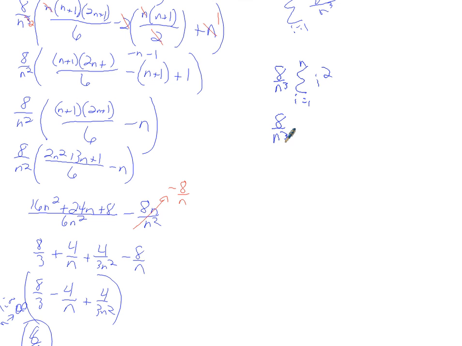So we have 8 over n to the third times, okay, still reducing. This n goes away, but this is now squared. That makes it better. As soon as I saw that n and that 2n in there, I knew something was wrong. So then we're going to reduce this with a factor of 2, so that's going to be a 4. We're going to FOIL that. So I have the 4 over n squared times